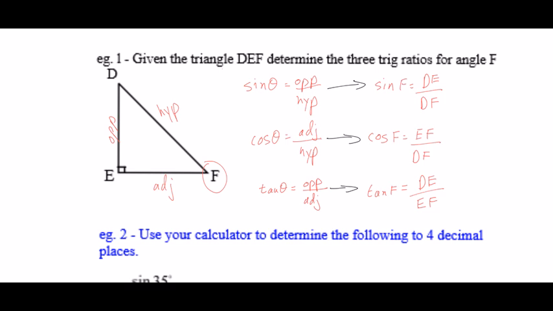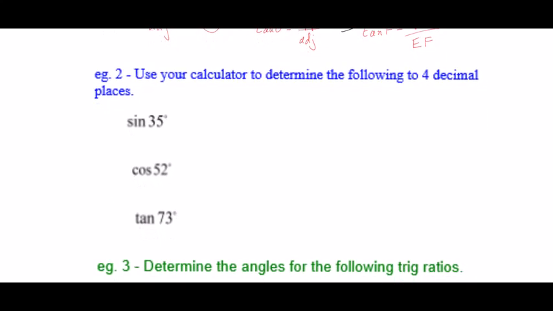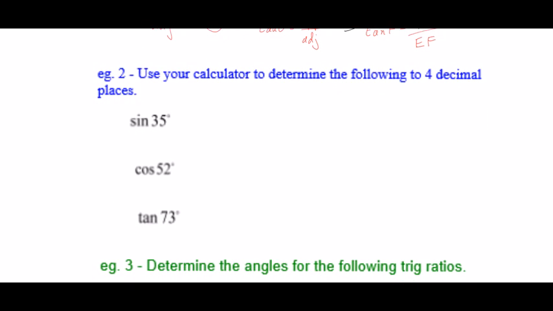And now, our next problem asks us to calculate sine of 35, cosine of 52, and tan of 73 to 4 decimal places. When you do this, punch it in your calculator and write down the first 5 decimal places. Then highlight the 4th decimal place and look to see what number is to the right of that. For this one we have 5 and to the right of it is 7, so our final answer is going to be